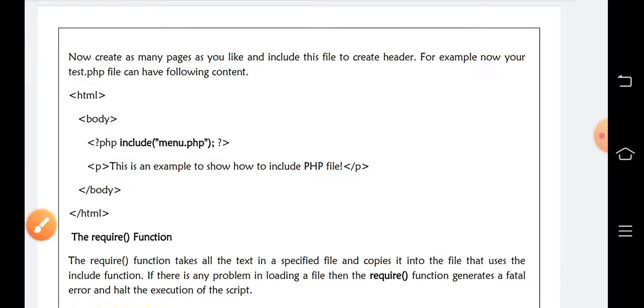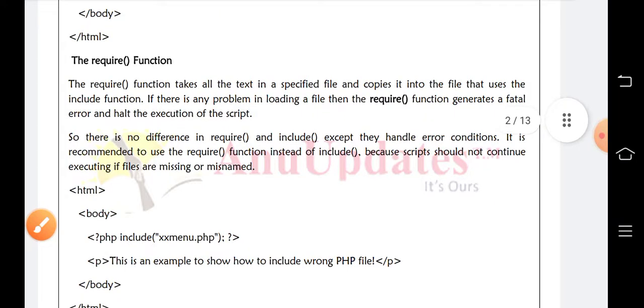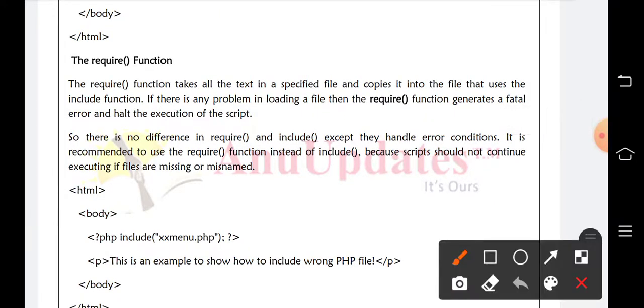And the next one is the require function. Here, the require function is also used to take all the text in a specified file and copy it into another file, just like the include function.